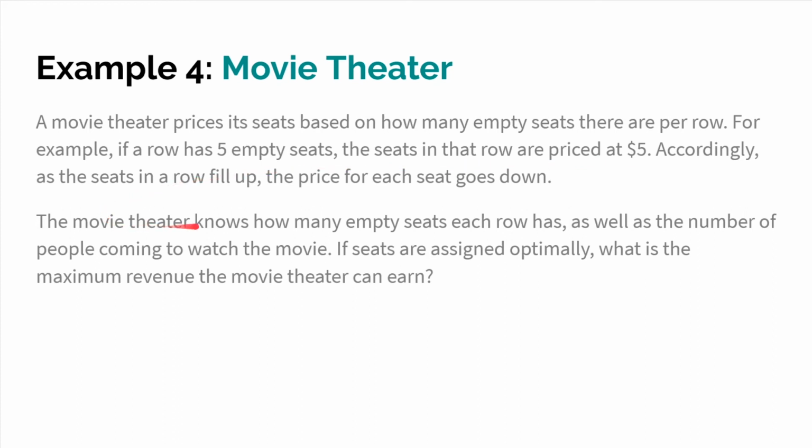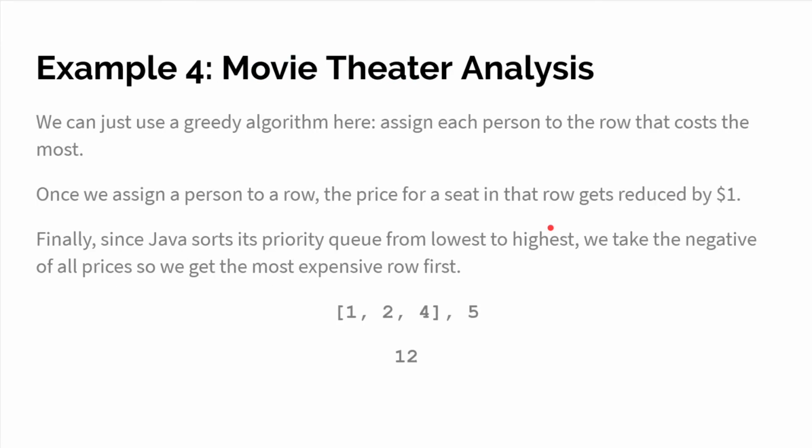The movie theater knows how many empty seats each row has, as well as the number of people coming to watch the movie. If the seats are assigned optimally, what is the maximum revenue that the movie theater can earn? Well, if we think about it, we can just always assign each next person to the row with the highest price. That would give us our best